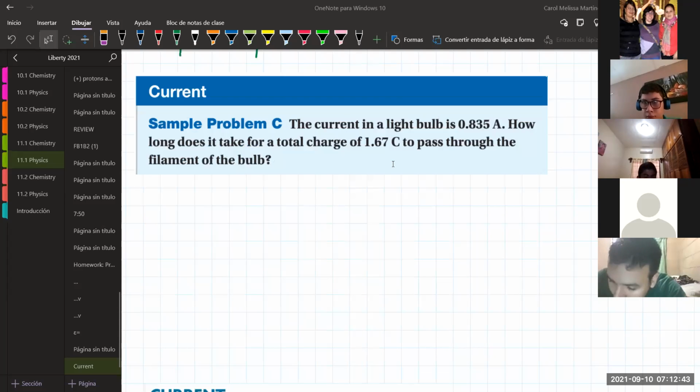I'm going to highlight our givens. I'm talking about the current in the light bulb to be 0.835 amperes, and then it says how long does it take for a total charge of. They're giving me the charge, and they're asking me how long does it take. They're asking me to find time. Okay, so my givens,